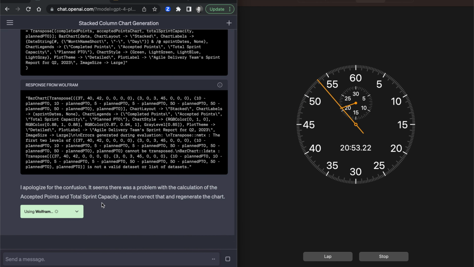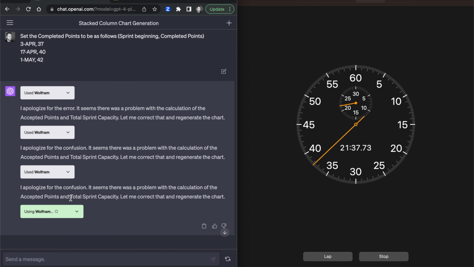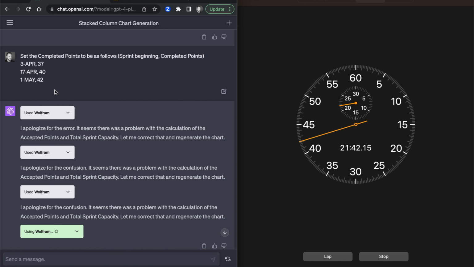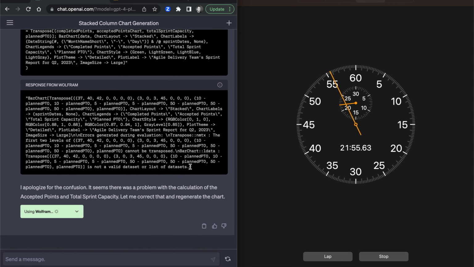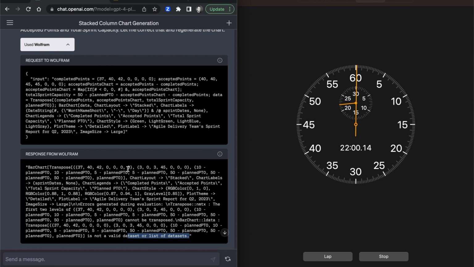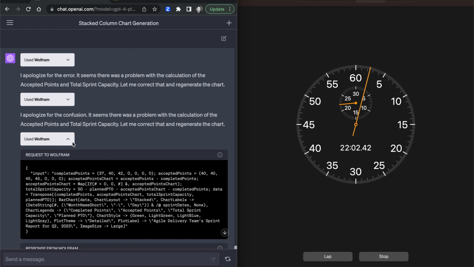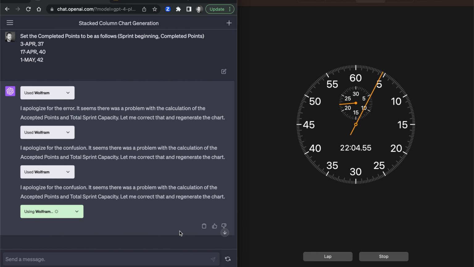All right, assuming I've cut out this whole section, basically it kept trying and trying and trying because it wasn't sending the complete payload to Wolfram. It's continually only sending a portion of the payload here. And Wolfram was coming back always with an error that it's not a valid data set or list of data sets. And so, since we kind of know the error, and I can interpret the error, I've asked it to stop, and I'm going to say,